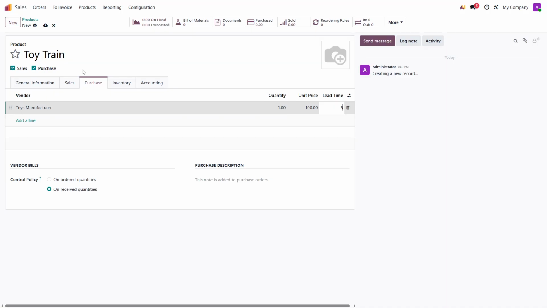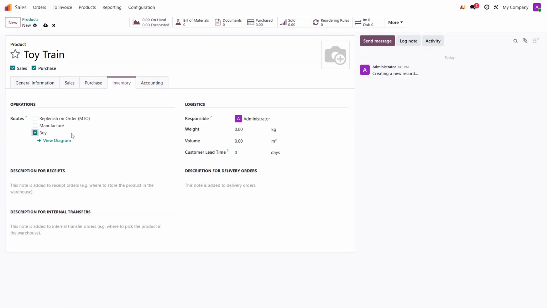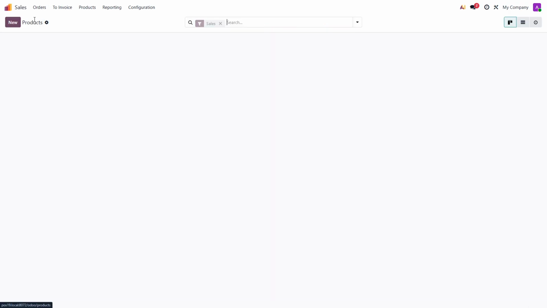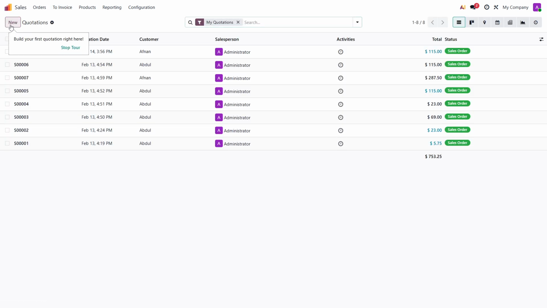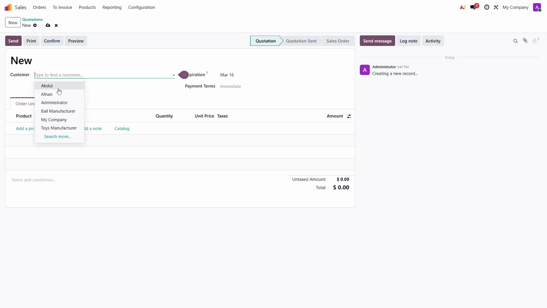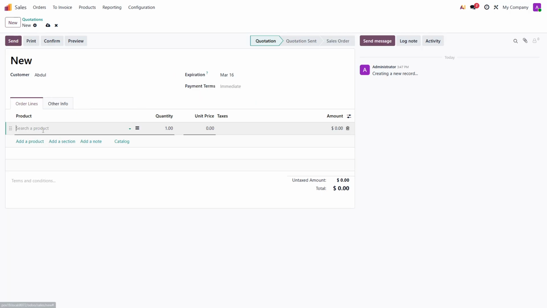Now I will go into the inventory, and I will click buy and replenishment order MTO route. Now imagine that the customer approaches me inquiring for this product. Then I can create the quotation. I will click on this new button and select the customer as Abdul, and add the product as toy train, and we can see the amount got populated here, that is 200 as the selling price. Now imagine the customer wants 5 quantities of this product, so I will click save,